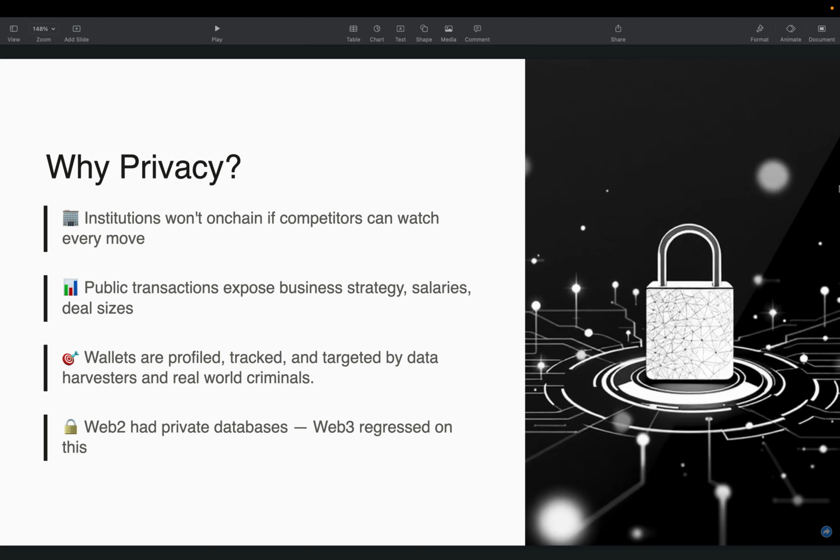We all have encountered this in our daily lives. And one of the major problems is that in this AI world, your wallet can be profiled in seconds. You can be targeted by data harvesters and even worse, real world criminals. These attacks are commonly known as five-dollar wrench attacks also. And if Web 2 has private databases, then why can't Web 3?